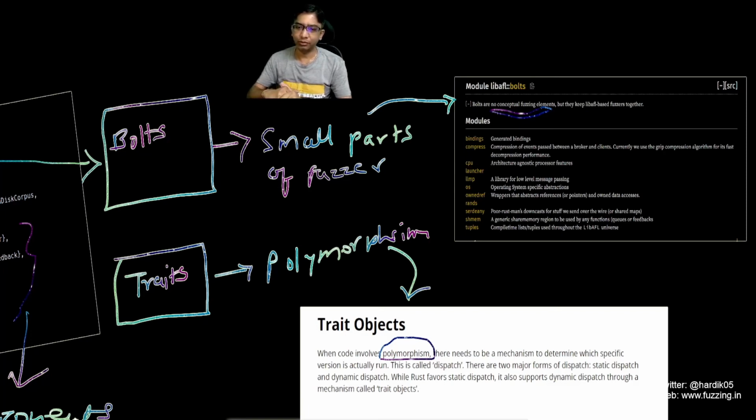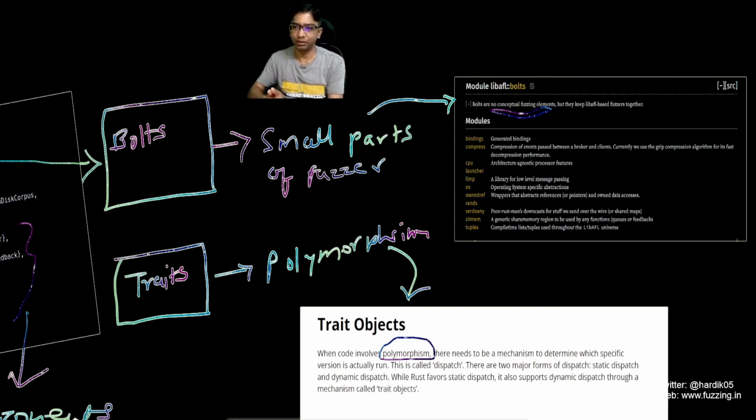And there is another concept which is specific to Rust, which is called traits. Trait objects are basically used when you need to do something at runtime. Consider them like polymorphism, if you have done some object-oriented programming with C++ and know the concept of virtual functions. Not exactly the same, but something like that. You can consider that they will decide at runtime which function you want to use. So that is what you can call a trait.